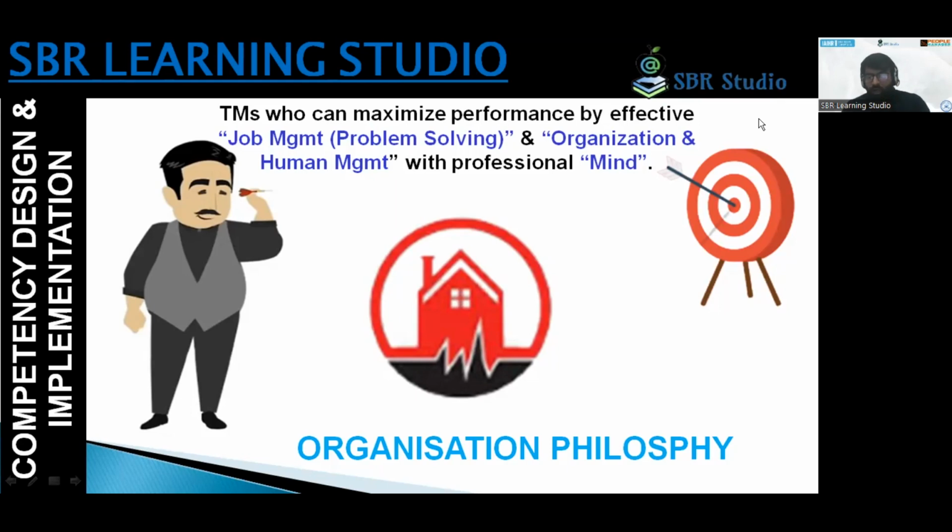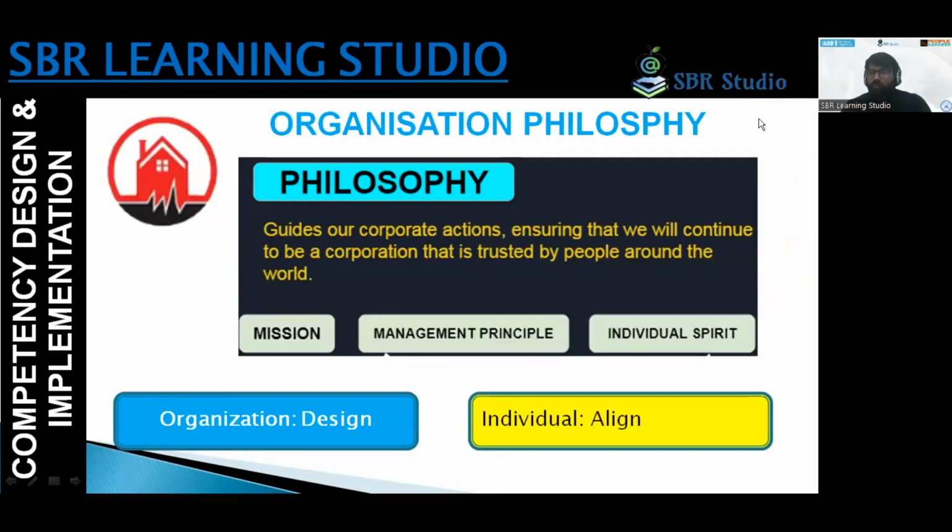So in that, the foremost thing, the first instant, is the organization philosophy. Until there is a proper and systematic philosophy of your organization, you cannot design an organization, and HR strategies cannot be successful. So for that, number one, you have to design a functional organization, and before that you have to define an organization philosophy. And the organization philosophy is the combination of three valuable objectives, which are known as your mission, vision, and values.